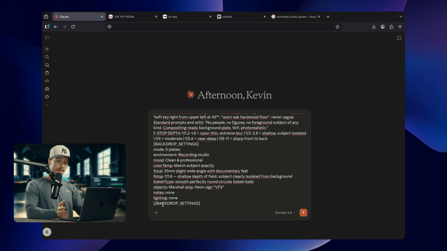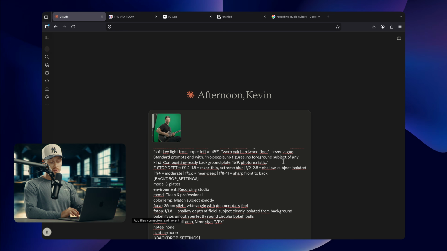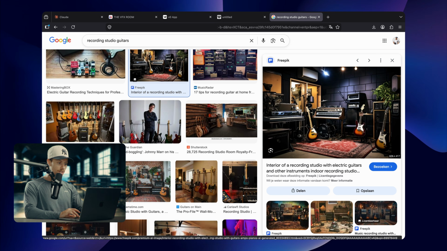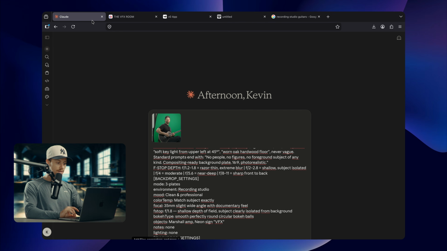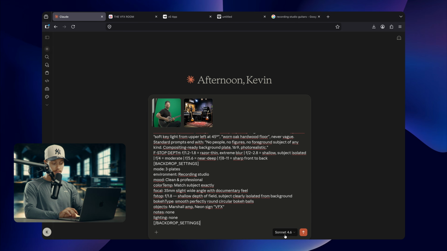Now we need to give the AI a little bit more context for the scene and the vibe we want. So we can add our reference image. So first our reference image from the original green screen shot. And we can even go to some recording studios and just use a still image as a reference, not to copy it, but just as reference for the vibe we want. So go ahead, copy the image and then paste it in Claude, just like this, and hit send in the